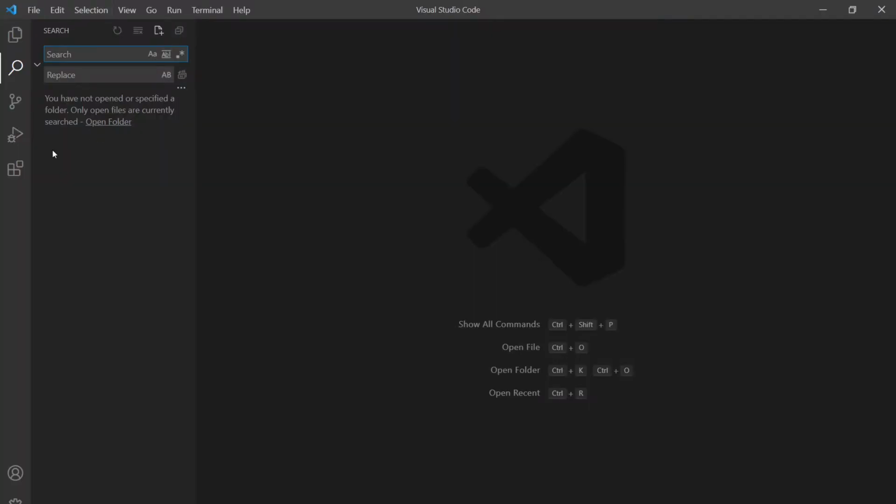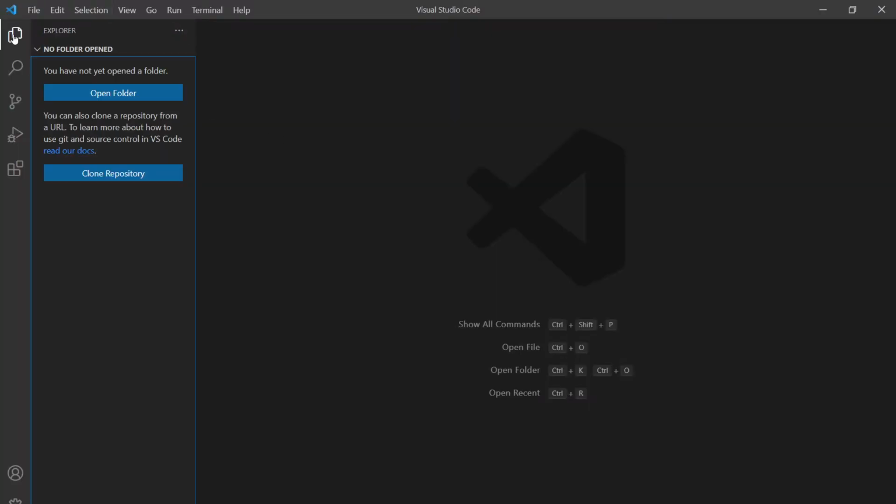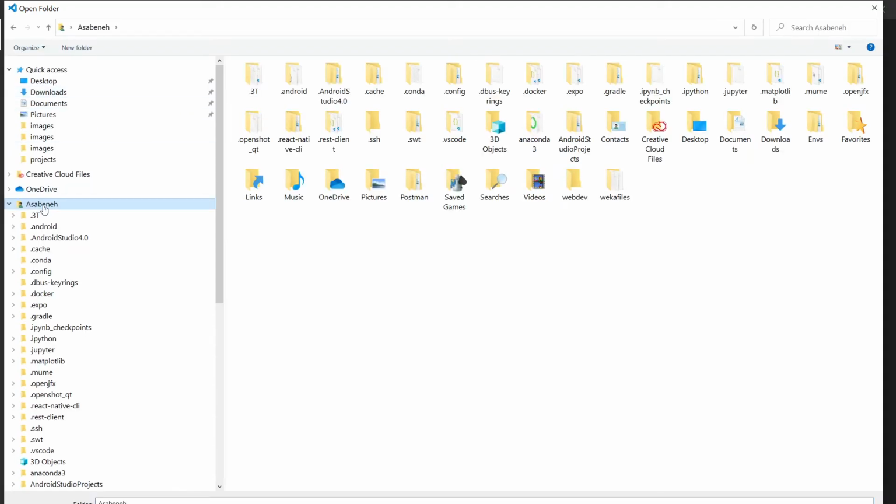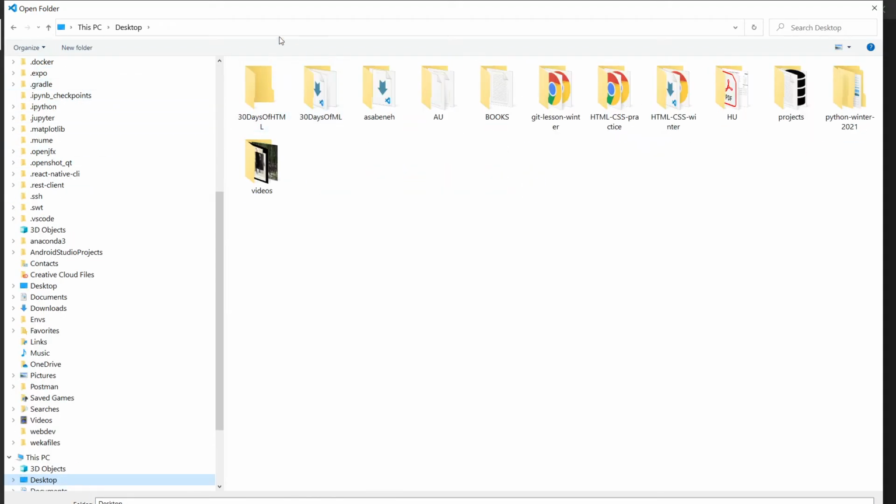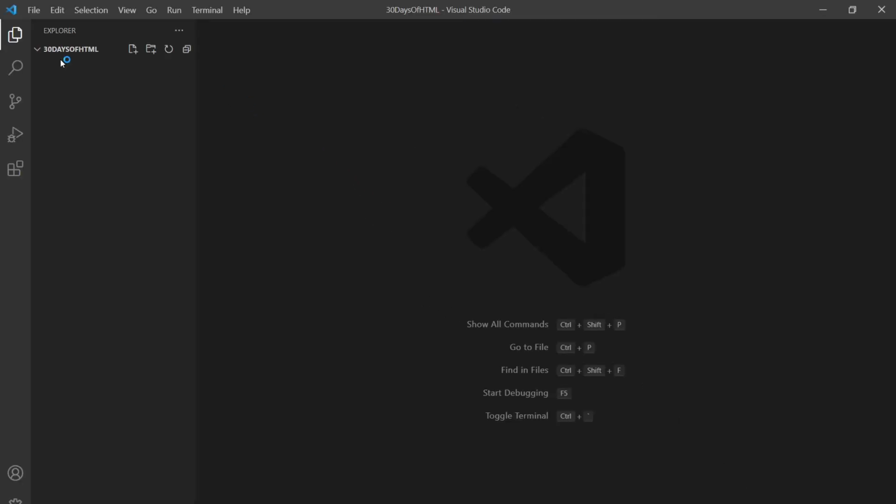30 days of HTML. You can call it any name you want, but just for this tutorial I chose to call it 30 days of HTML. You open it by clicking, so it was on the desktop. I click over here and get it here. Now my project is here. You can create a file using this. As you can see, when you hover, new file, new folder. So I want to create a file,